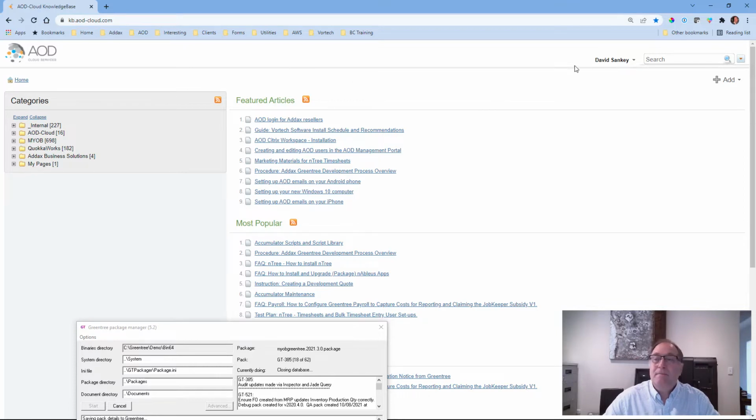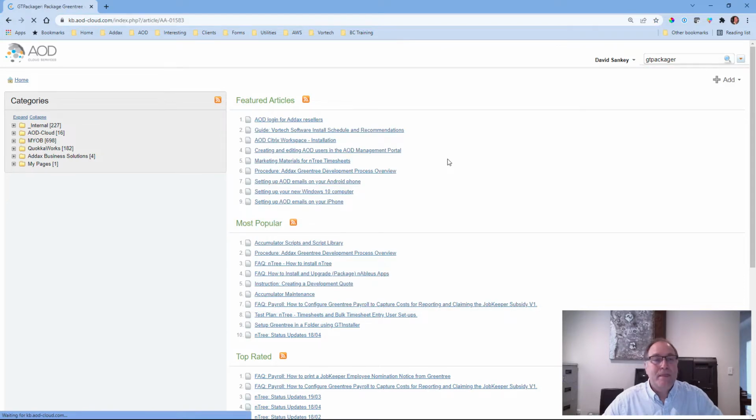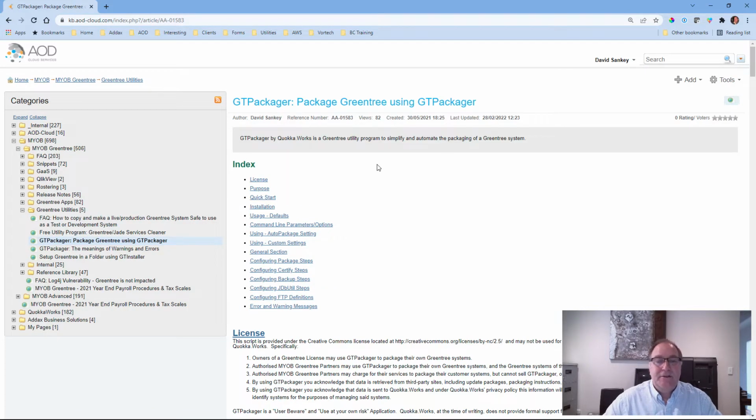kb.aod-cloud.com knowledge base. If you haven't logged in and registered on the site, I recommend you do. It is free, doesn't cost anything, and it's got lots of tips and tricks around Greentree and MYOB Advanced. I'm just going to, in the search bar, put GT Packager, and here it finds a few things. I'll select the first option, the first one that comes up, and here is the knowledge base help article on